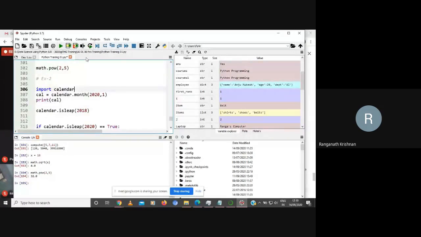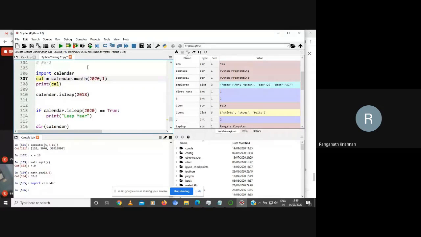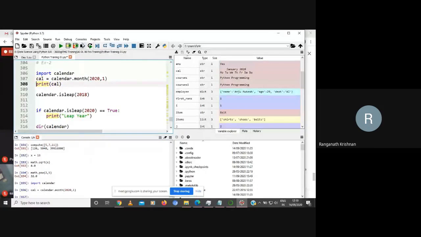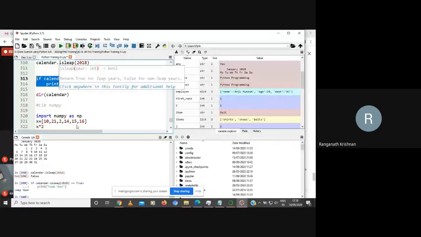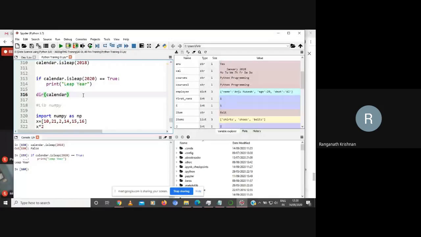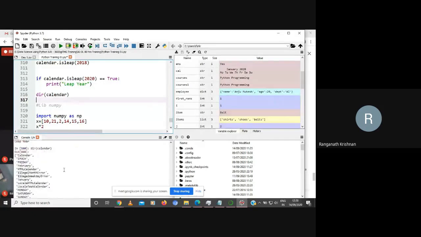Then there is something called calendar. Import the calendar. I want it to show me the calendar for the year 2021. Right? Print the calendar. See? Beautiful. You can use this in your function. If I want to find out whether it's a leap year, bam, it's false. Right? So I can do this. Now you might say, hey, sir, I don't know what is in there. Calendar. You can tell me what different functions I can call. Don't worry. dir(calendar). These are all the different functions available underneath. You can call any one of them, right?